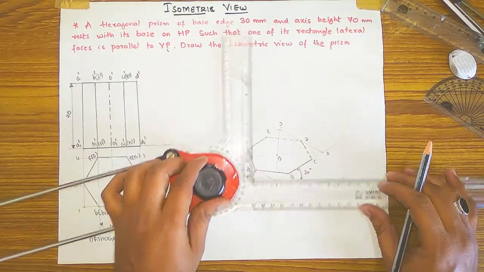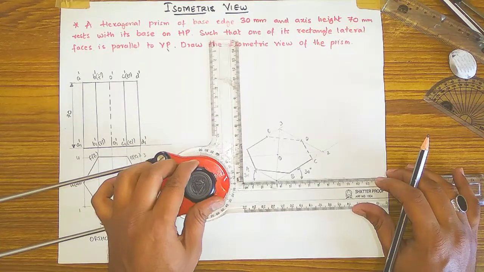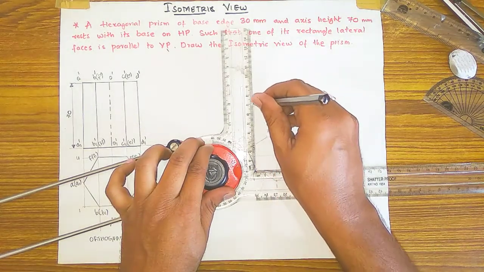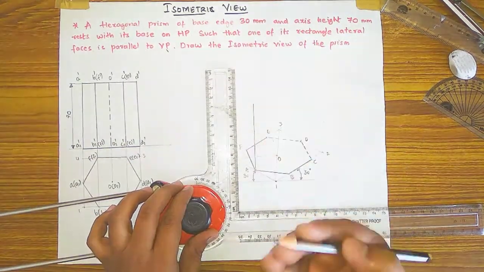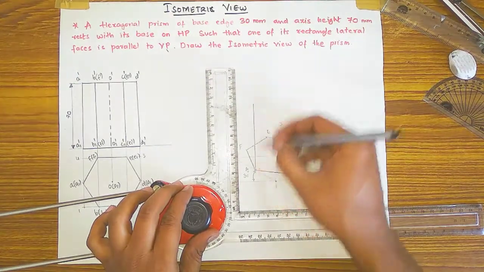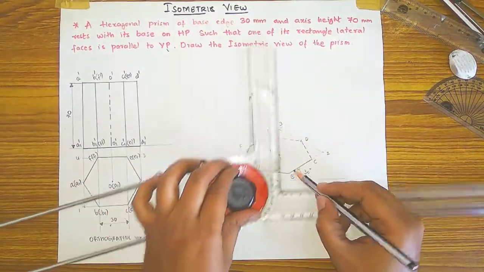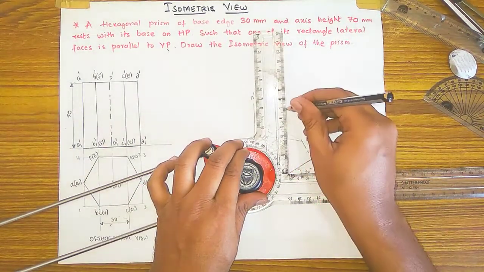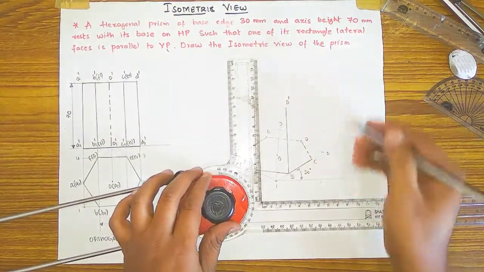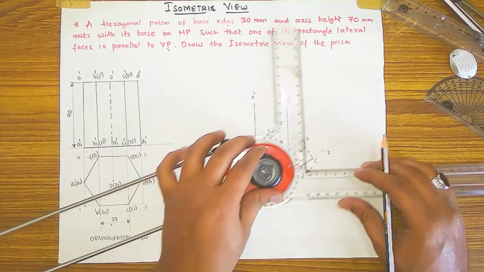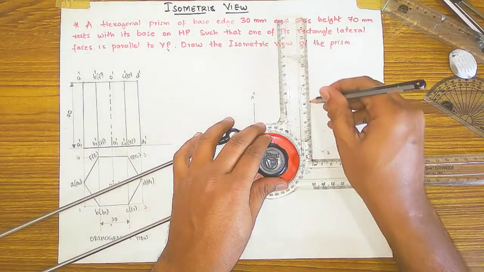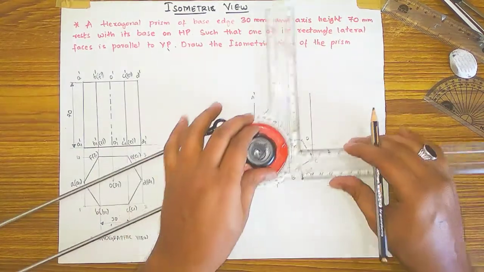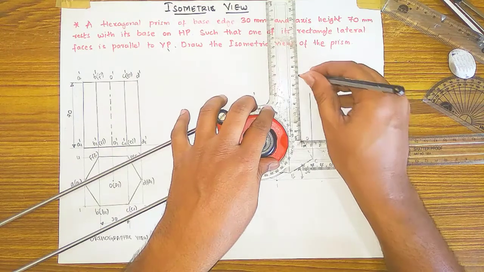So I am drawing by this, so according to this line only you have to draw perpendicular lines from this A 70 mm. So the axis height is 70 mm, and this A is front, it is visible, so I have done dark. Then this is A and this one is B, A dash, and B is also front, so it is also visible, so doing a dark 70 mm line. And this one will be B dash, and C is also front, it is also visible, so draw it as a 70 mm dark line. Then D is backside, it is not visible, so we have to do it as a dot line like this.